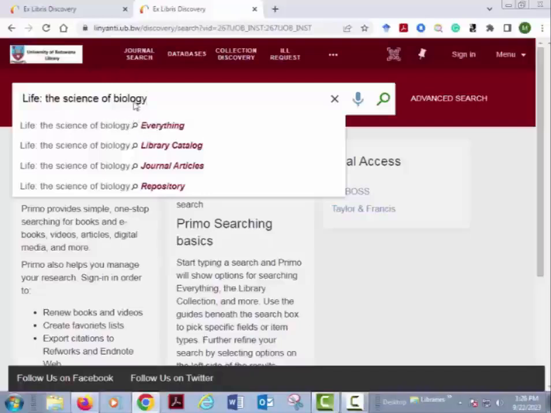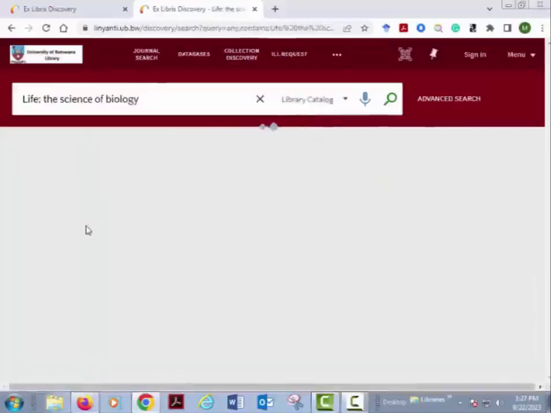So once I've finished putting my keywords, I'll have these 4 options to choose from: is my search not restricted, or is it restricted only to the library catalog, which will be displaying results from the library holdings only, or is my search going to include articles which the library subscribes to, or is my search to be limited only to the repository. So since this demonstration is about the library catalog, I'll restrict my search to the library catalog. So I pick library catalog,